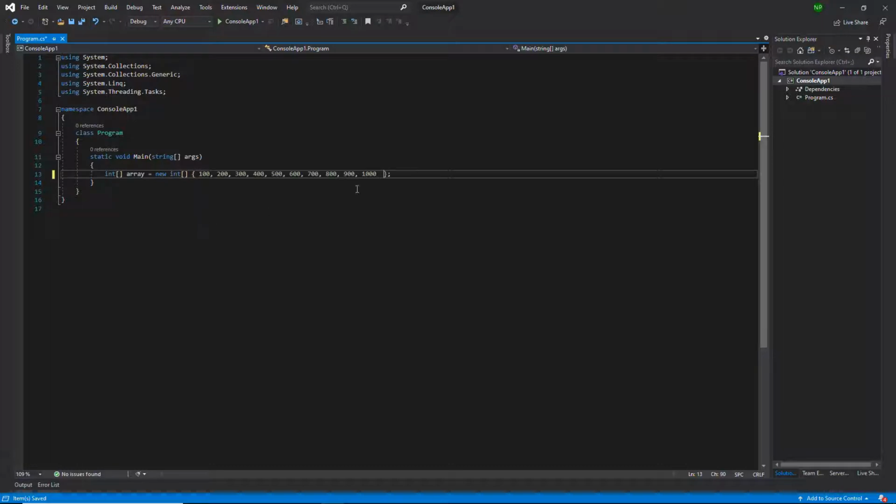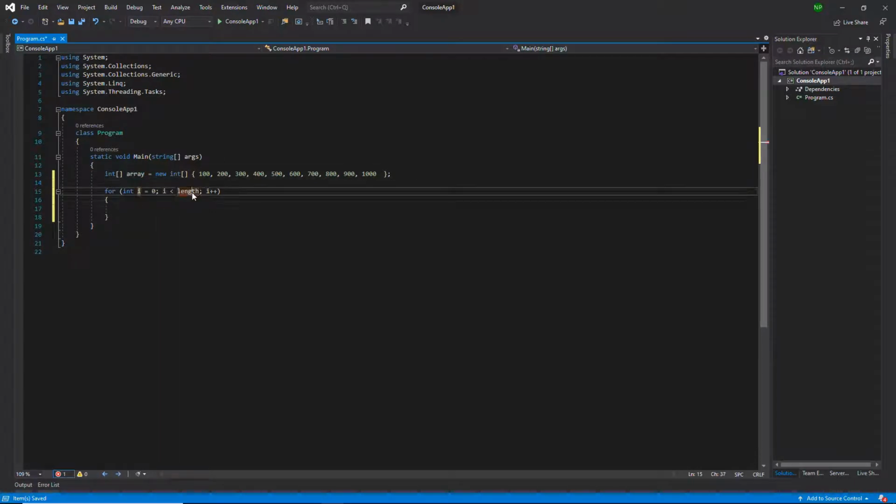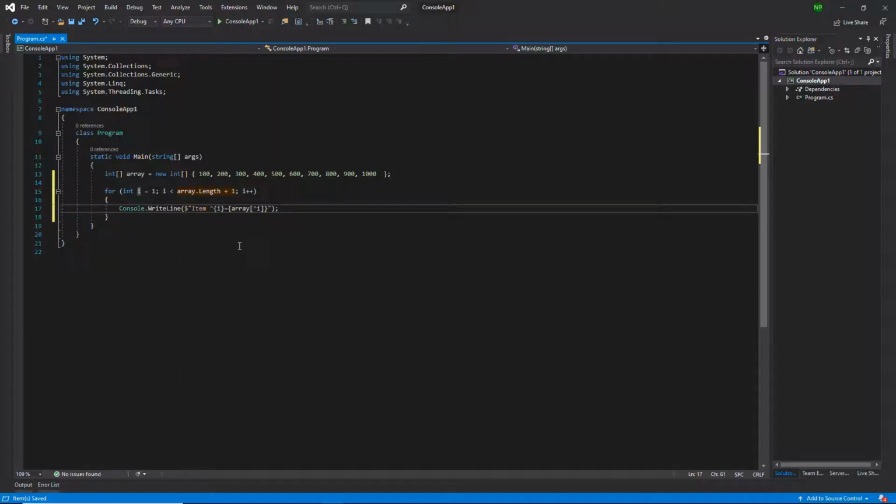First of all, I will use this array to print all the items in the console using the caret symbol. One thing you will see in the output is that all the values get printed in reverse order.